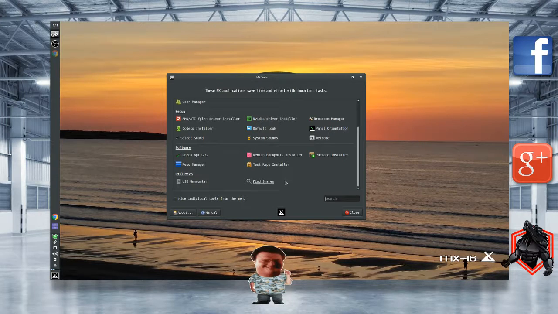I normally install the NVIDIA drivers, and it's good to have the easy to use NVIDIA drivers, but I always go for the latest.